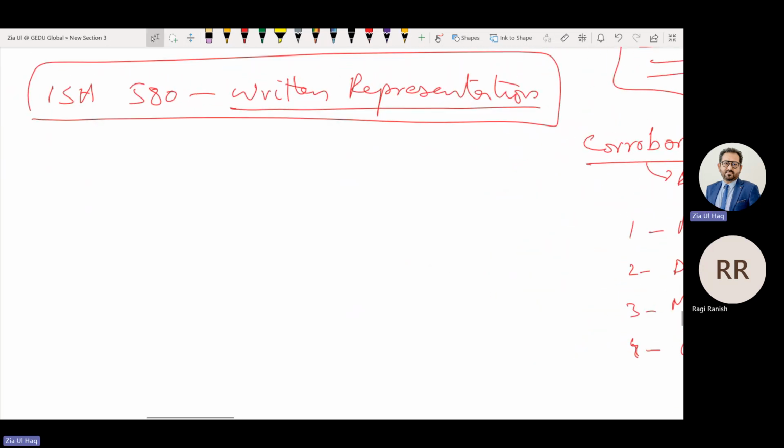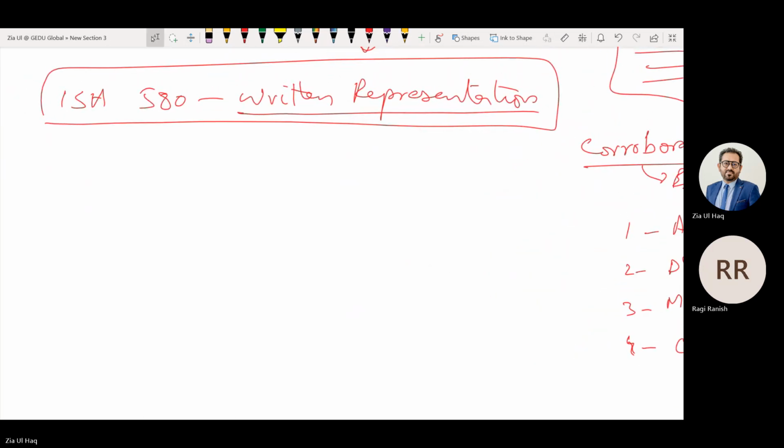Do we require representation for all account balances? No. We require representation for those account balances where we don't have sufficient evidence. And what are those areas in financial statements where normally we require representation? There are two types of areas in the financial statements against which we require representation. One is matters known only to management. There are some matters that are known only to management. For those matters we require representation.